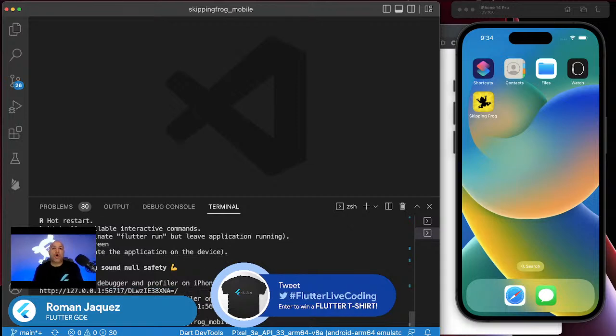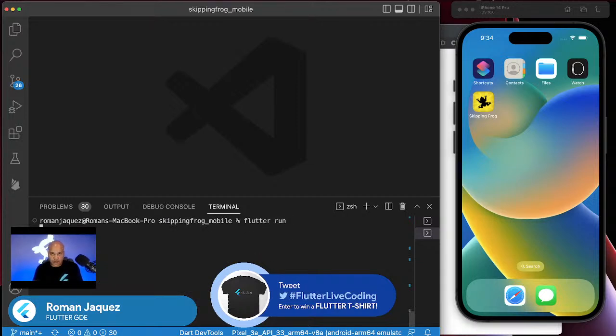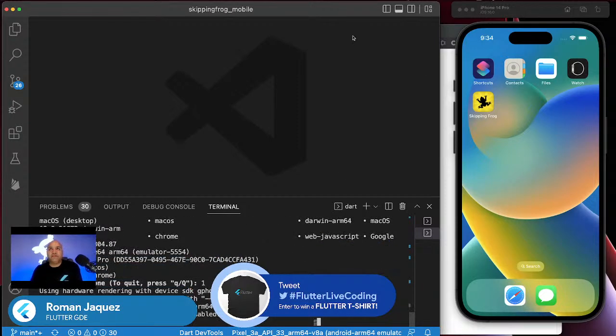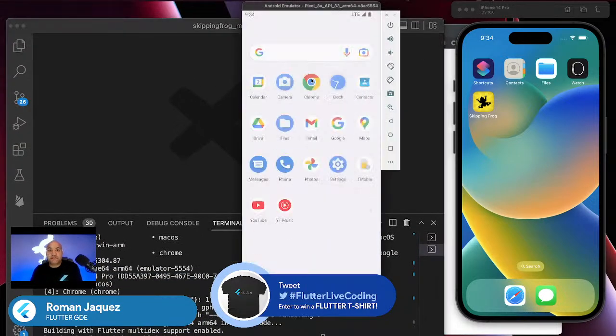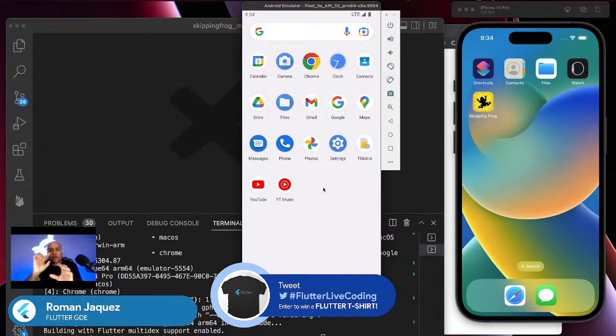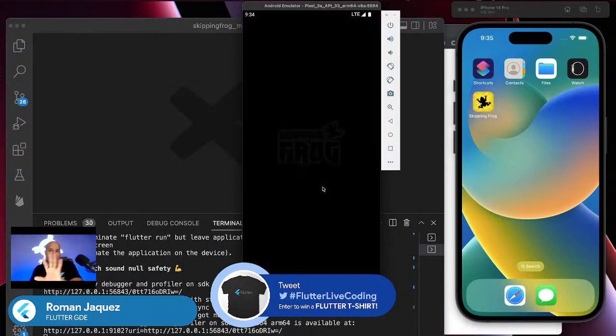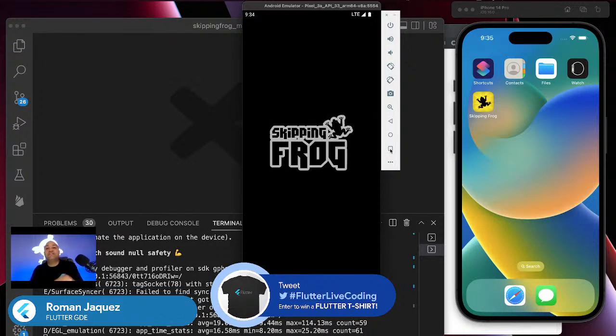Now let's run it on Android. flutter run. I'm going to run it on that emulator. That way you guys can see it. So we're running it on this emulator. And now we should be able to see the icon for Android for the skipping frog, not the Flutter one. Okay, so let's wait. There it is. It starts launching, but that's okay. That's all good. But you see, it's still using